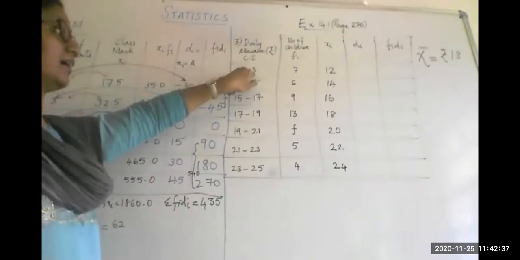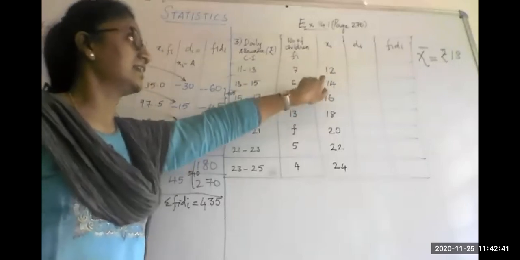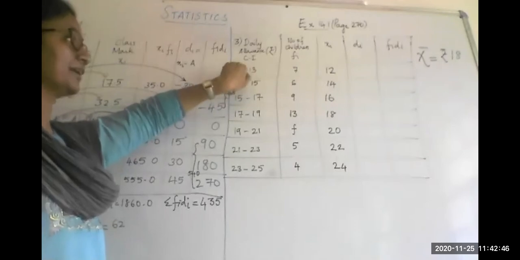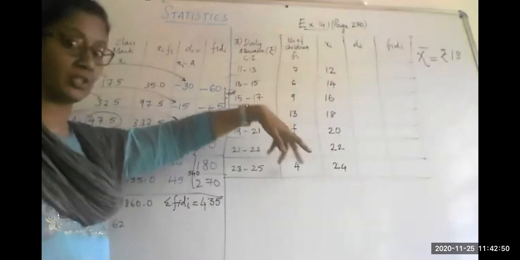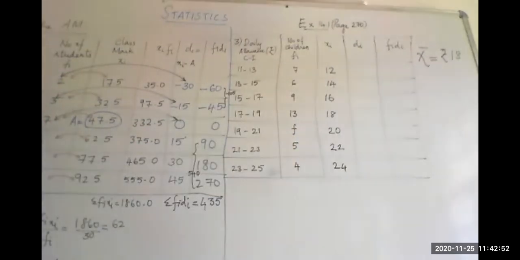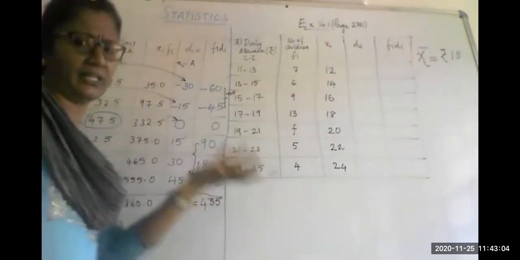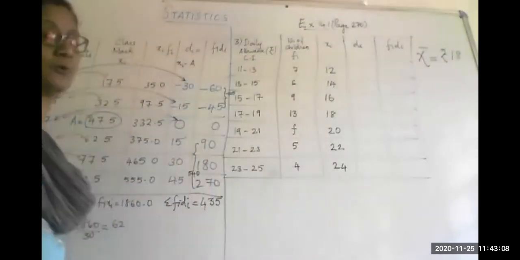Either add and divide with 2 or get the first xi and successively add the class size. Class size means the difference between the upper and the lower limit. Here the difference is 2, so every time you have to keep adding 2. In the previous problem, what did we see? We have seen that the class size is 15. So when I got the first class mark, I added 15 to get the next class mark. Same way. Otherwise, you take the average and find out. Anyway you can do it either way, but I want the correct xi values to be reported.